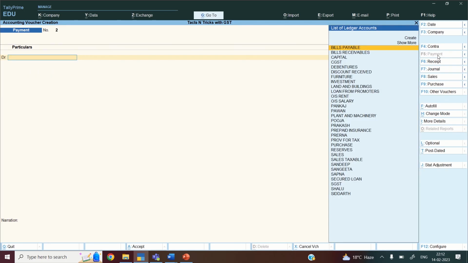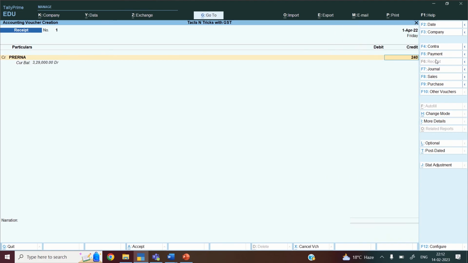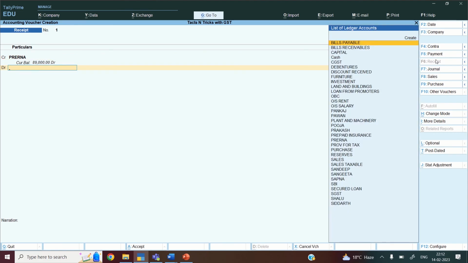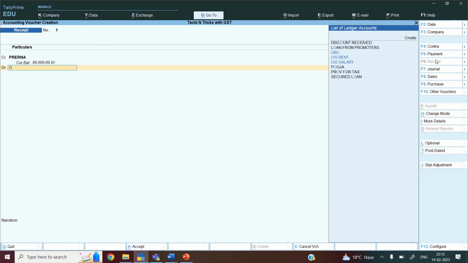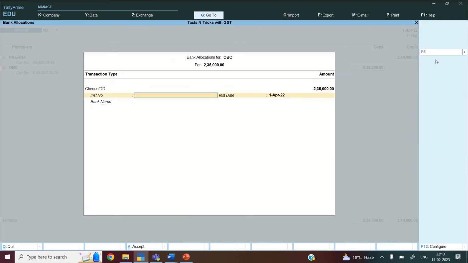Okay. Then received from Prerna 2,35,000. So I will go to the receipt voucher. Right, now what will be the journal entry? I have received OBC 2,35,000, discount allowed will be 5,000, and to Prerna will be 2,40,000. So on the credit side Prerna will come. Amount will be 2,40,000, right? And in the OBC bank account, we have received on the debit side 2,35,000, and the rest of the 5,000